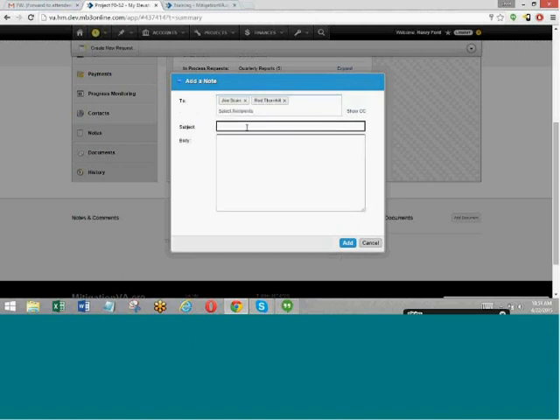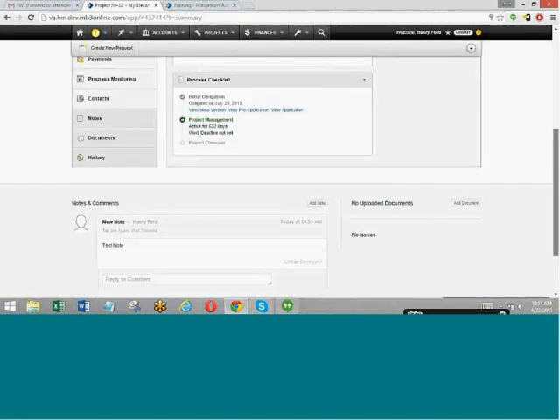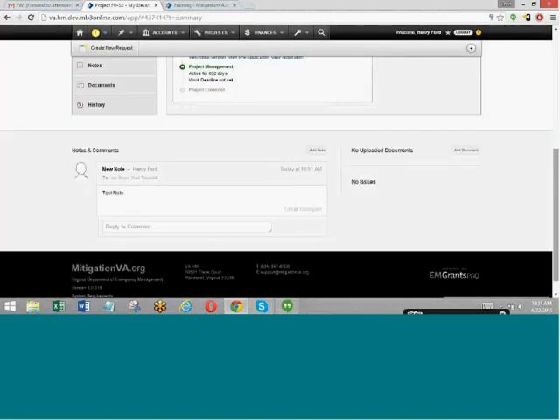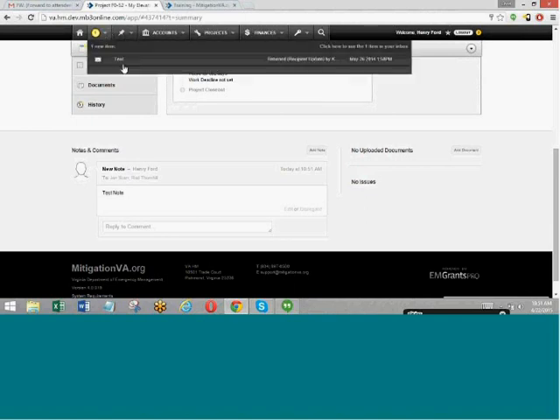And now I can add a new note subject. And when I add this note, it will add it to the footer section of this project, as you can see. Anyone coming here will now be able to view this note, but both John and Rod will actually receive an inbox entry, like this entry here at the top. So they'll get an inbox entry here that says a new note was added by Henry Ford, and when they click on it, it will bring them directly to this note.